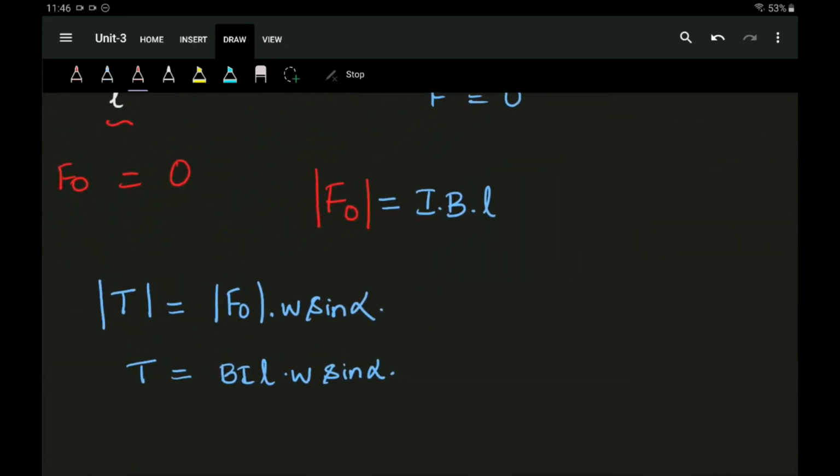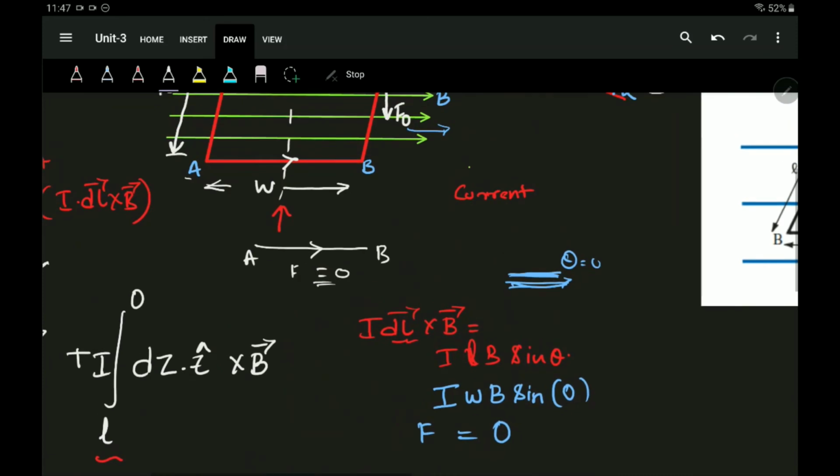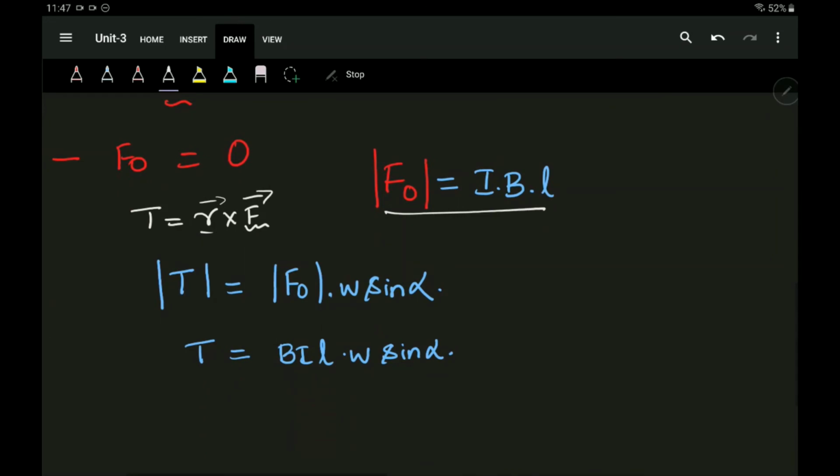The current element will experience a different force, so this force will make the current element move. How it is going to move is given by this expression, which is taken from the basic expression torque equals moment arm times the force, where we have already calculated the force. Force is nothing but BIL, and the moment arm's length was W times sine alpha,